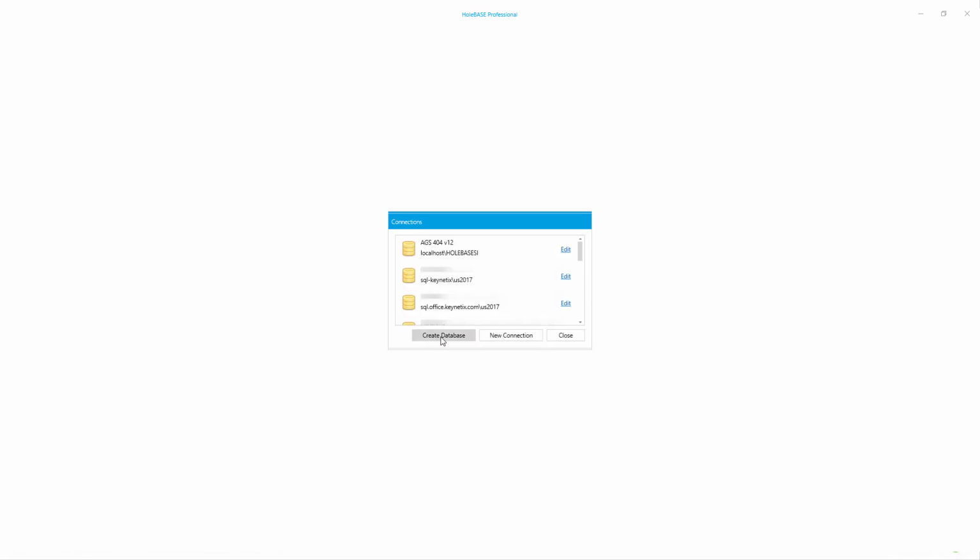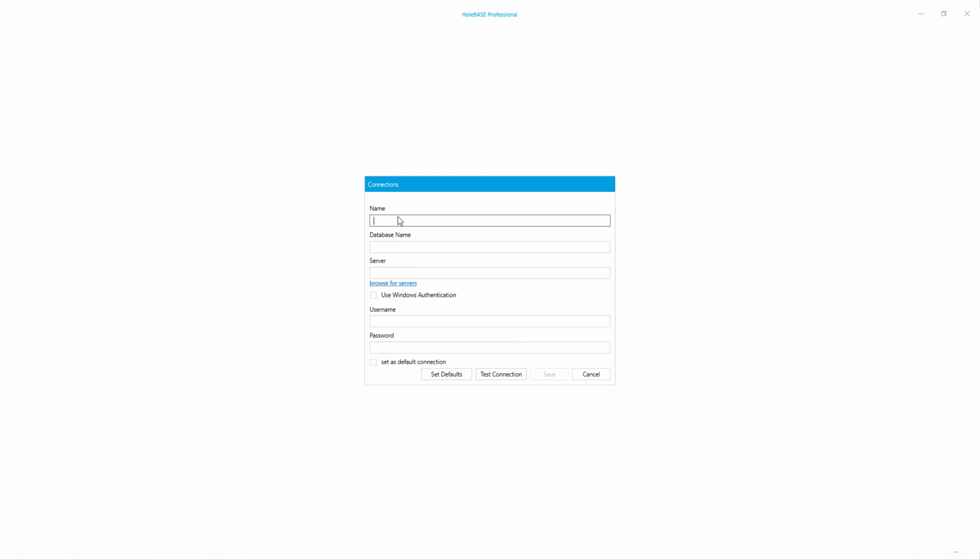click on New Connection, give the server connection a name. Now this could be anything that you want, so I'll just call this one Demo for now. And you'd enter the database name as it appears on the server. If you are not sure what this is, then you can ask your IT and they should be able to get the details directly from the SQL server itself. So I'm just going to call this one